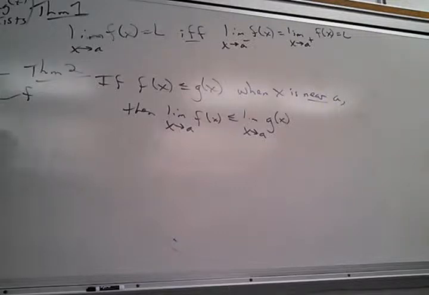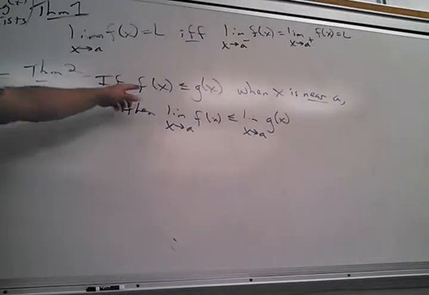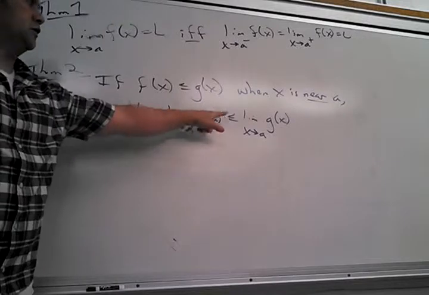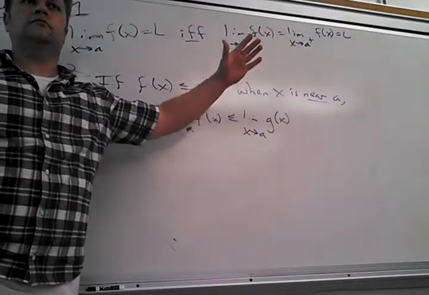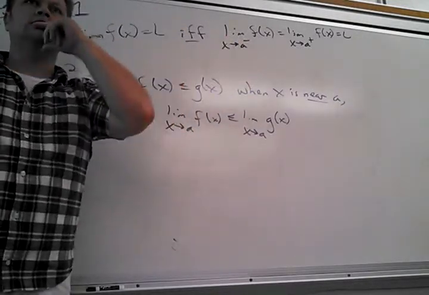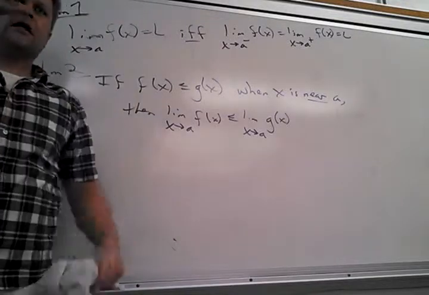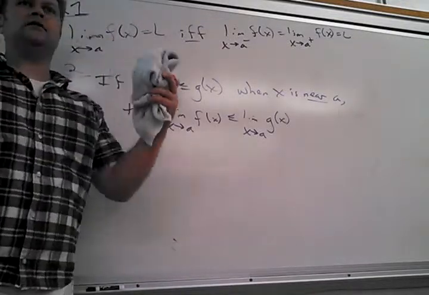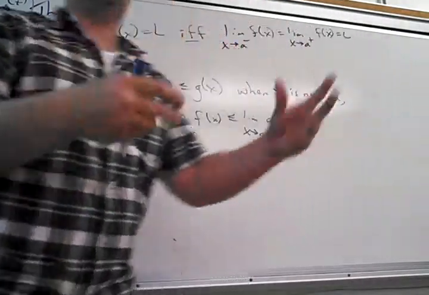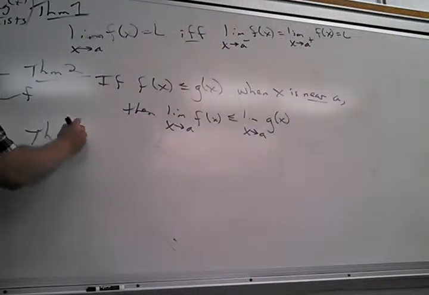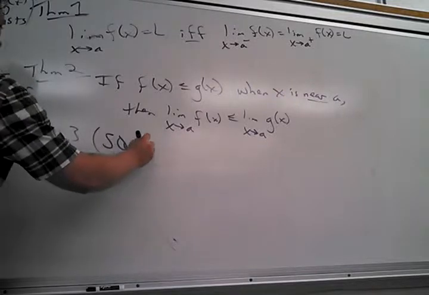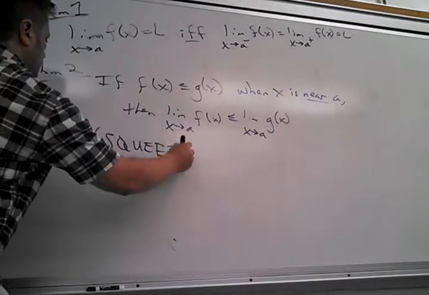So if I have one function that's always more than the other one, then the limit as I approach a point will, of course, be bigger than the other function's limit, right? That kind of almost is like, well, duh. If this function is always at most this one, the limit of this function is going to be at most this one. Is that all that's saying? That's all that's saying. So that one's a really silly one. This next one kind of builds on this, and it's the more important one. It's called the squeeze theorem. And it's a great theorem.